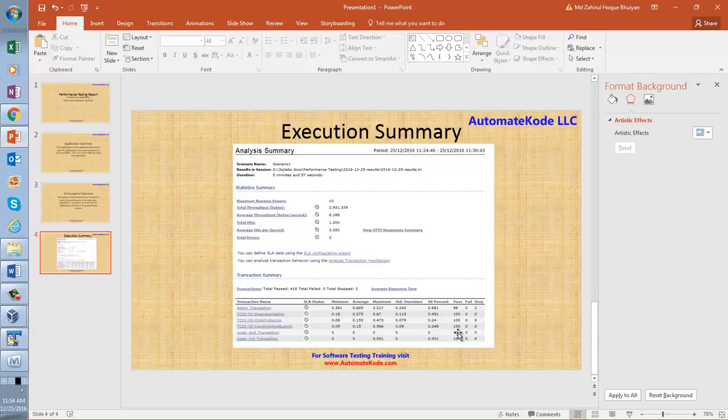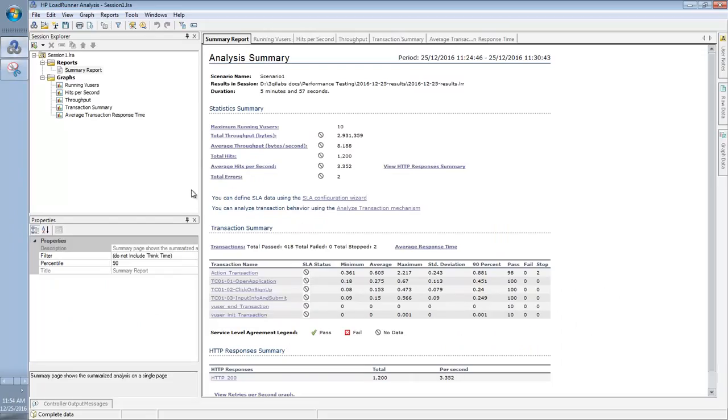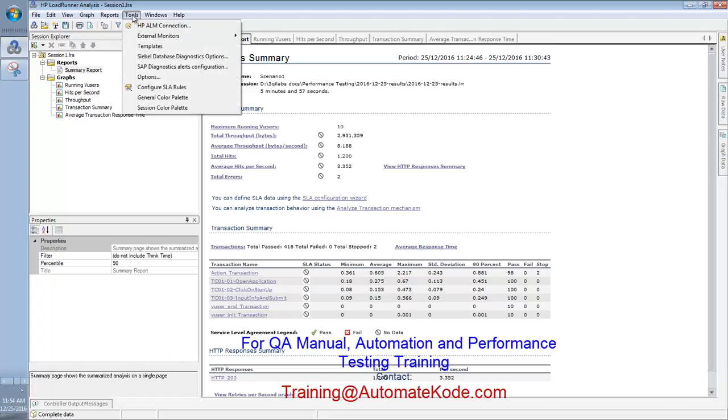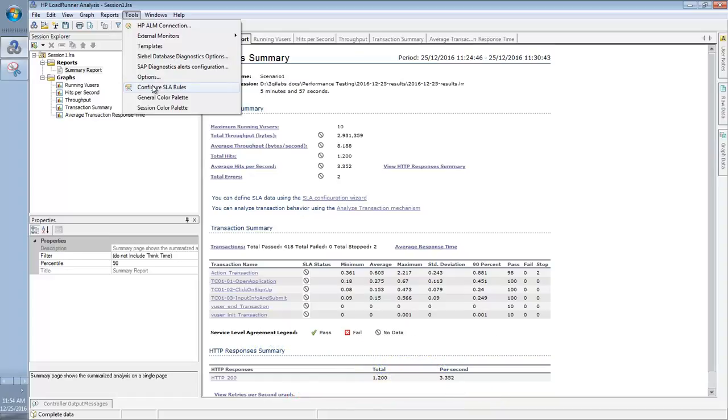Now if you come to your analysis, can you see tools? Can you see configure SLA? From the analysis page, can you see configure SLA?